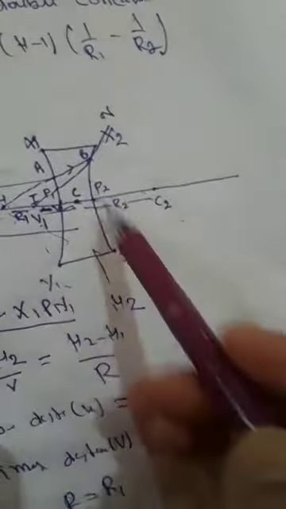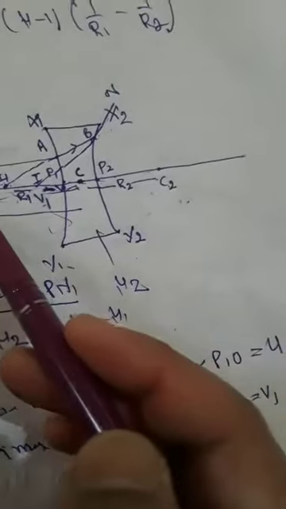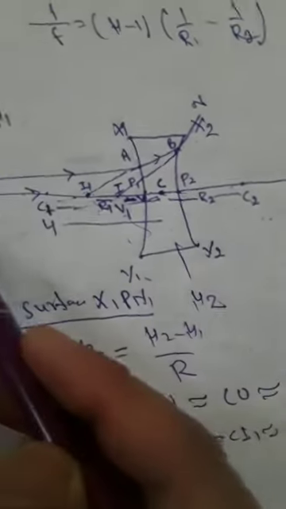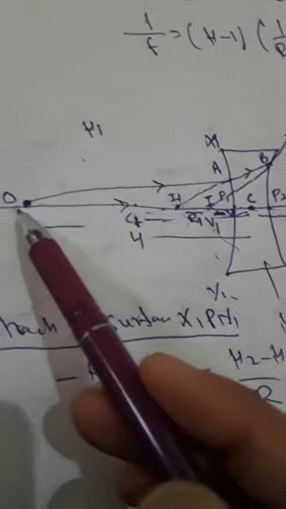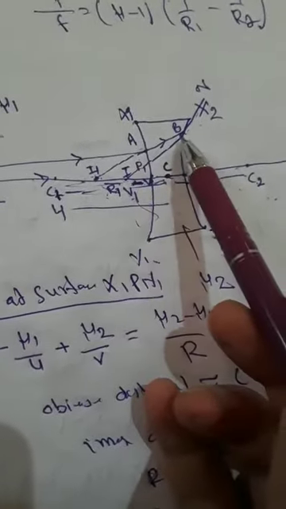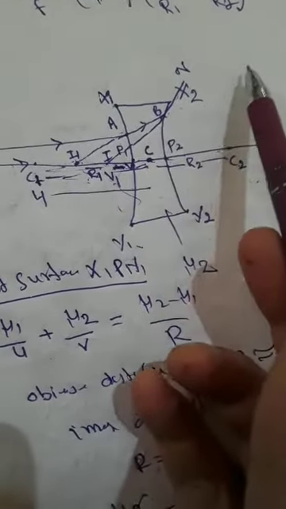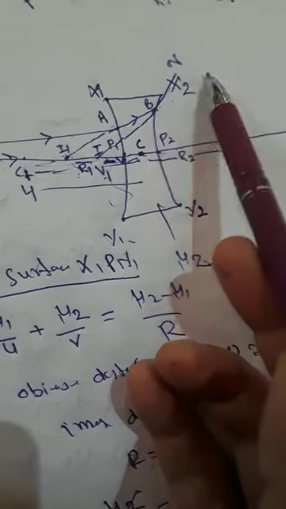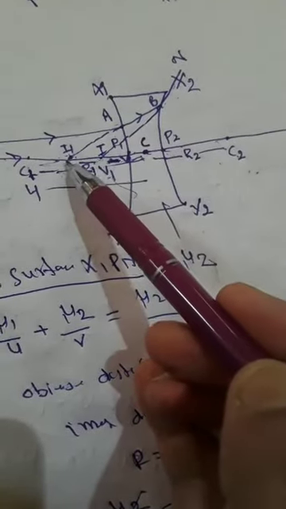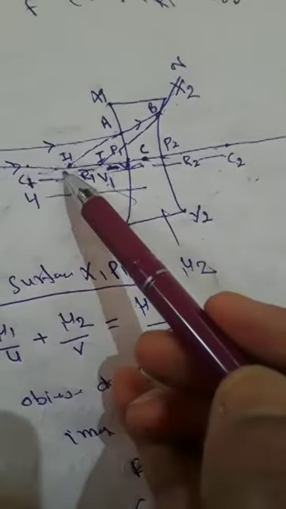Similar to the previous question, I have done a similar procedure here, but I have taken the concave lens. It has two refracting surfaces, x1 p1 y1 and x2 p2 y2. The center of curvature is C1 and the radius of curvature is R1. Suppose a ray of light from the object falls on this at point A. It gets refracted along AB. If the lens material is continuous, the ray does not emerge out. When we produce this, it becomes the virtual image of the object.